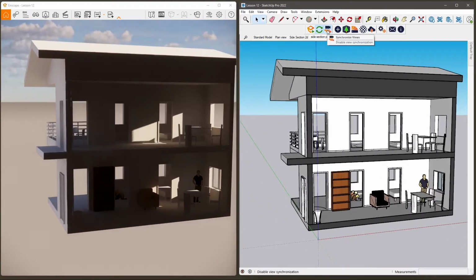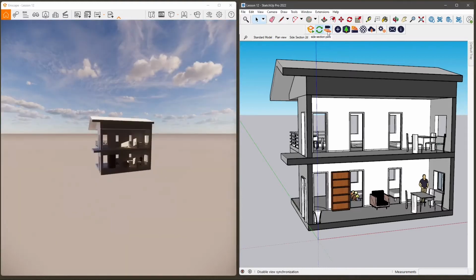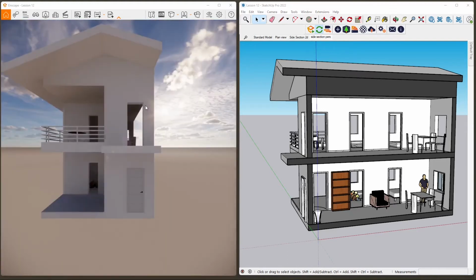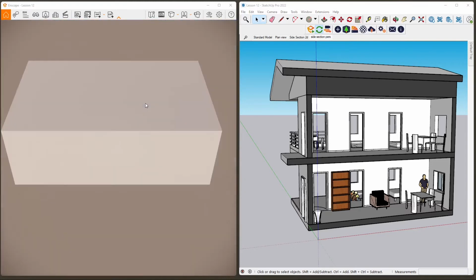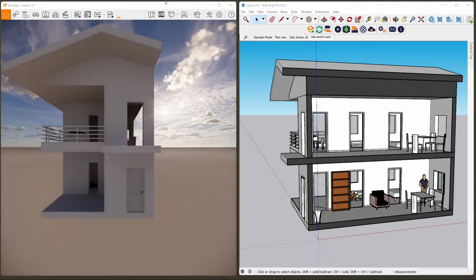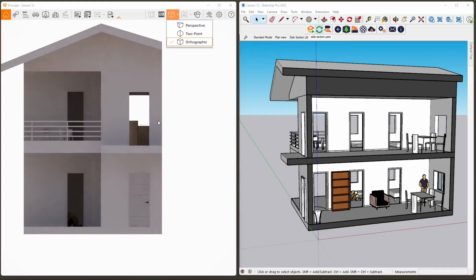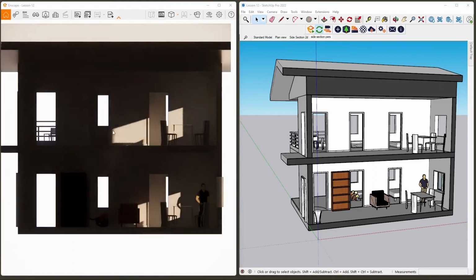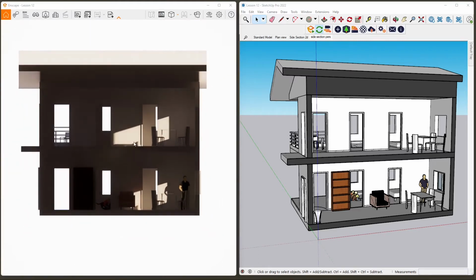Now again, I can exit from the synchronized view, and I can use the various numbers on the numpad to change the view real quick and see my project from different angles. And again, I can go in orthographic, and this is going to be more technical right now. And again, I don't have too much light. I can also change the view and make it look technical here in Enscape, but we're going to see these things later on. This is just, again, an introduction about